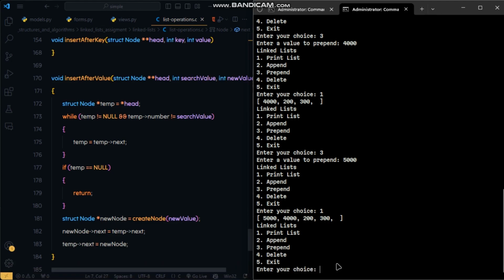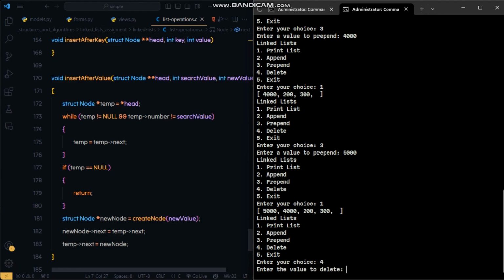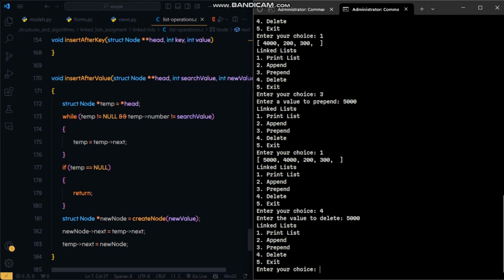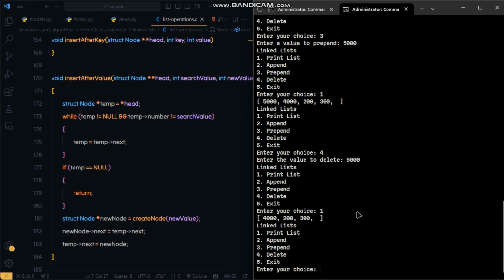Now let's say I want to delete 5000. So option delete value to delete 5000. Print the list. Ta-da! It's gone. So these brackets again, I said the code formatter will just make it look nice, the way you see here. Yeah. So then option 5 to exit and